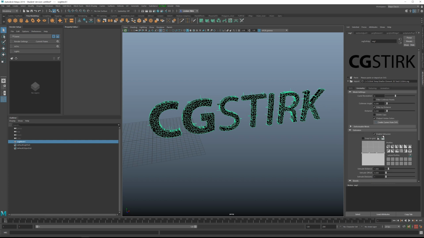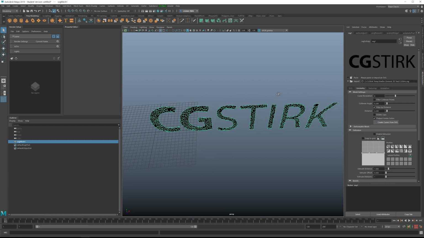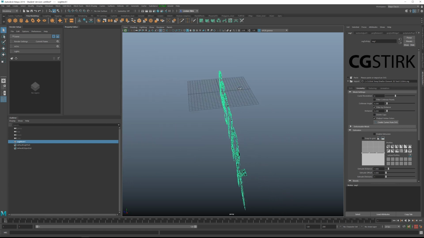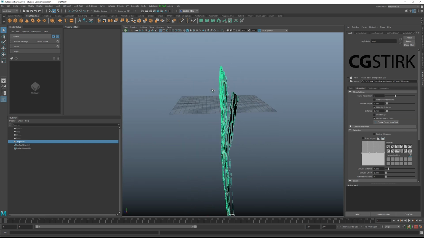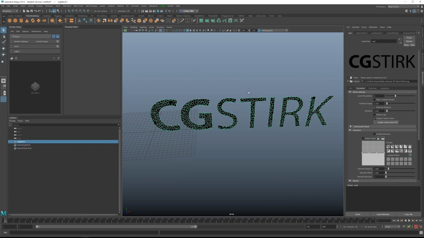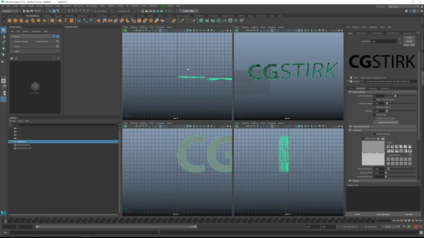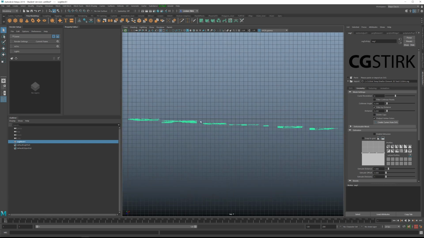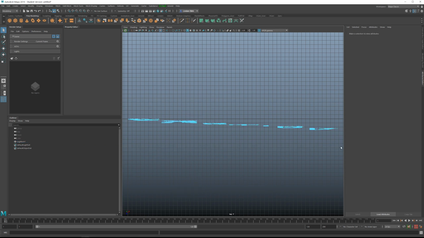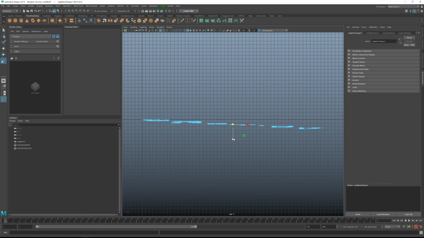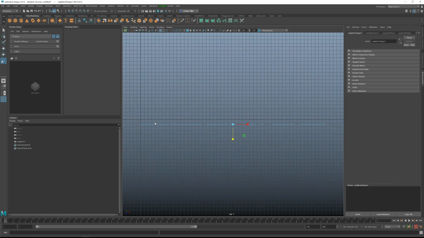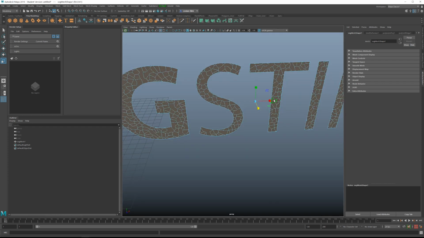You want to go to Geometry, disable the extrusion, and you'll also notice that these are not level, and at the back there's different pieces that seem to be offset. So all we need to do is go to a top view, so click space, space again, click F to center this in view, right click over the object, go to face mode, and select the faces. Click R for scale, then hold down the J key to activate increment step, and then just scale it upwards into itself. This is going to make sure all of the geometry is in a perfect line. Click space again to go back to your perspective view.